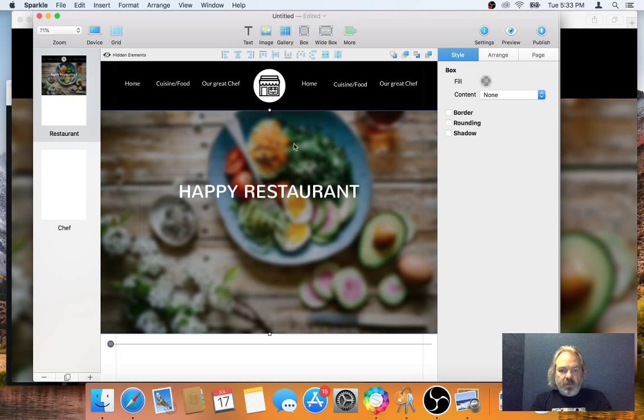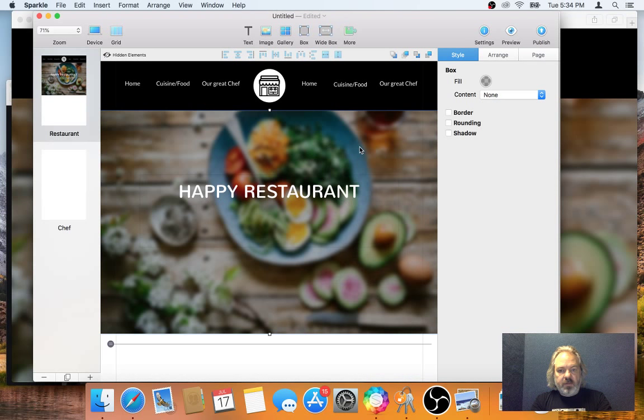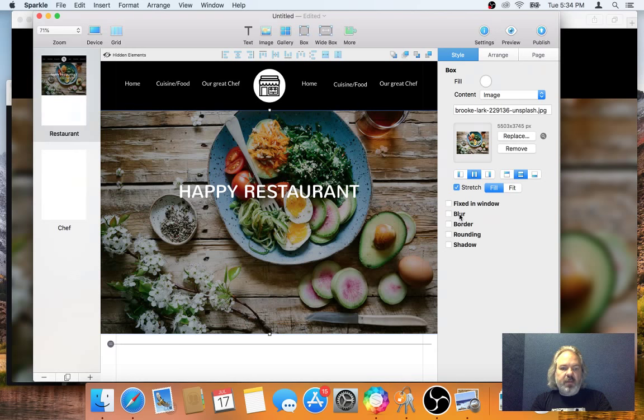I think perhaps we can try removing some blur from the background image here. But when I click here, I select the box. So one trick here is to right click and select the box. Oops, that's the other one. So that's a slight help to select the element behind the one which you get with the first click. So here I can try disabling the blur,